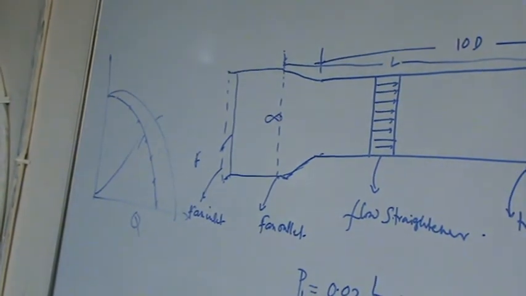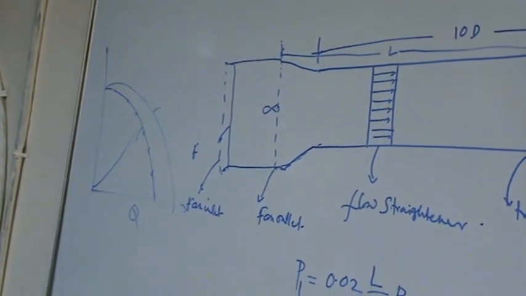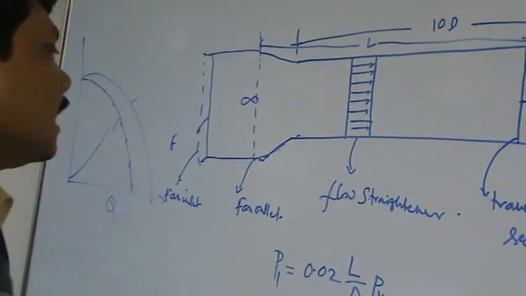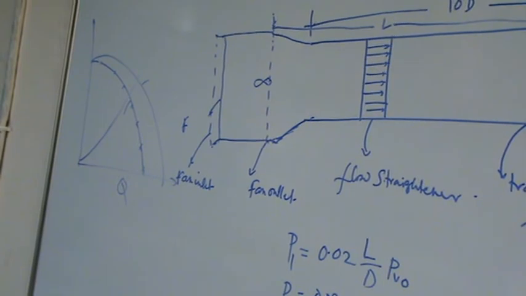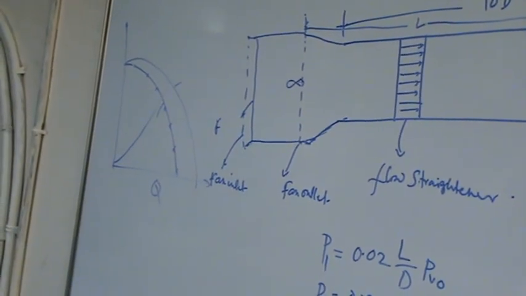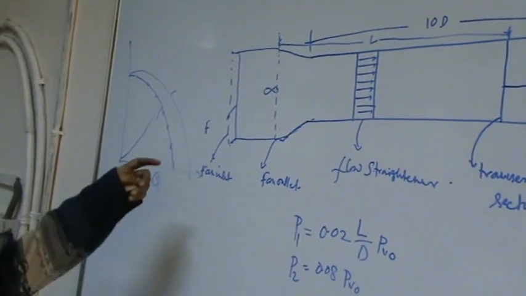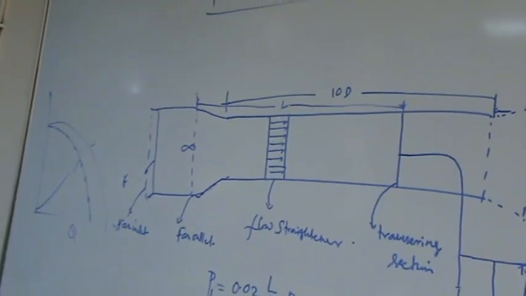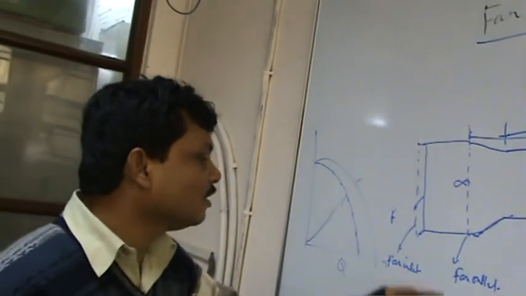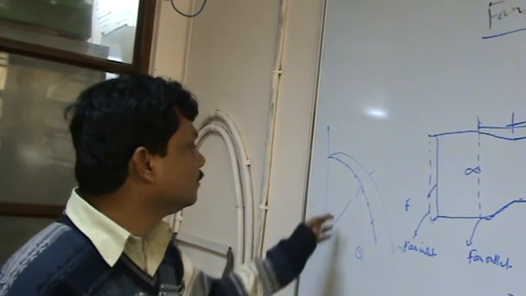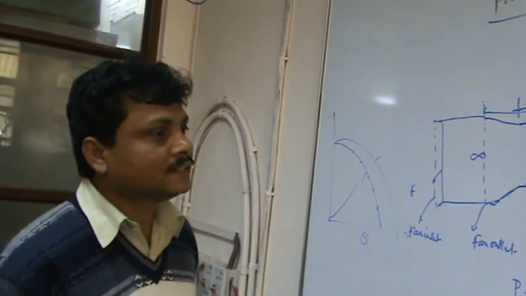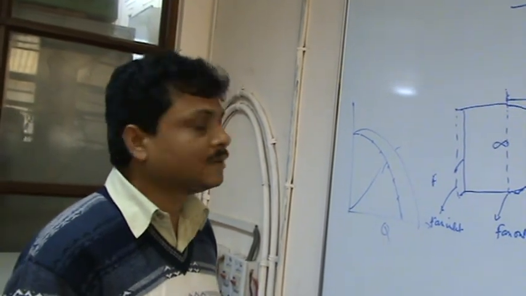And then to find out the efficiency, PQ is the air power, and the ratio of air power divided by input power to the fan, into 100, will give the efficiency. So by measuring all those parameters, we will be able to find out the different curves, and we will be able to do the rating test and generate different fan characteristics.